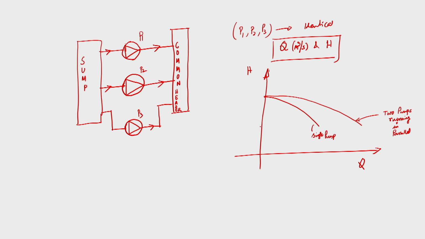Now the question is, if the system resistance curve is like this, then of course this will be our operating point. The head and discharge corresponding to this point P, this is QP and this is HP, are the rated discharge and rated head that we are going to get from the system. Now, maybe this amount is not sufficient to meet the demand. So, what we have to do, again we have to install another pump. Should we go for the same pump, or depending upon the requirement install a different pump?